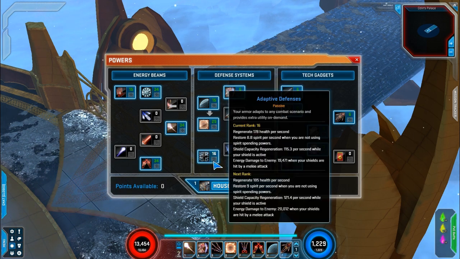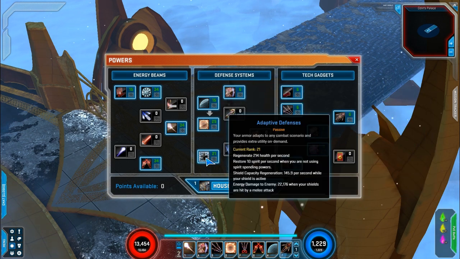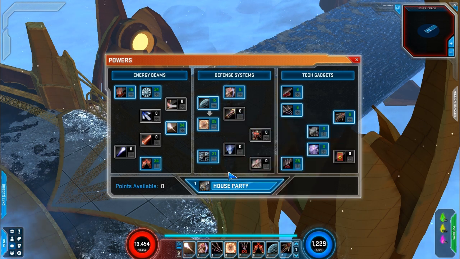I put 16 points, which is basically everything I had left after doing all my other stuff and getting my little one-pointers, in Adaptive Defenses, which allows me to regenerate health. It restores spirit when not using spirit spending powers, and it allows my shield to regenerate while it is active for 145 points per second. It also does energy damage when my shields are hit by a melee attack, which is pretty good against melee